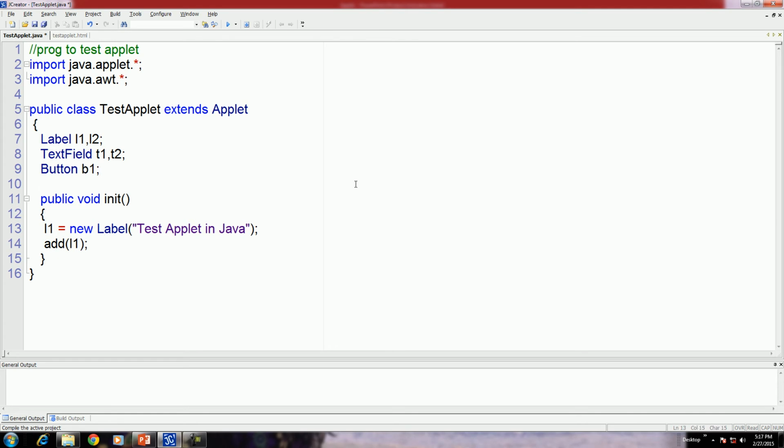Okay, now let us build the application. Here is the user ID, then the next label for password.